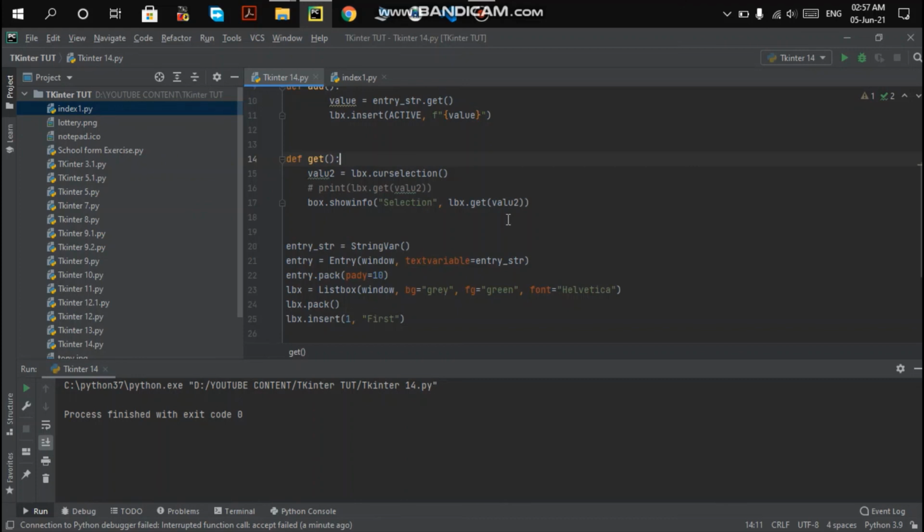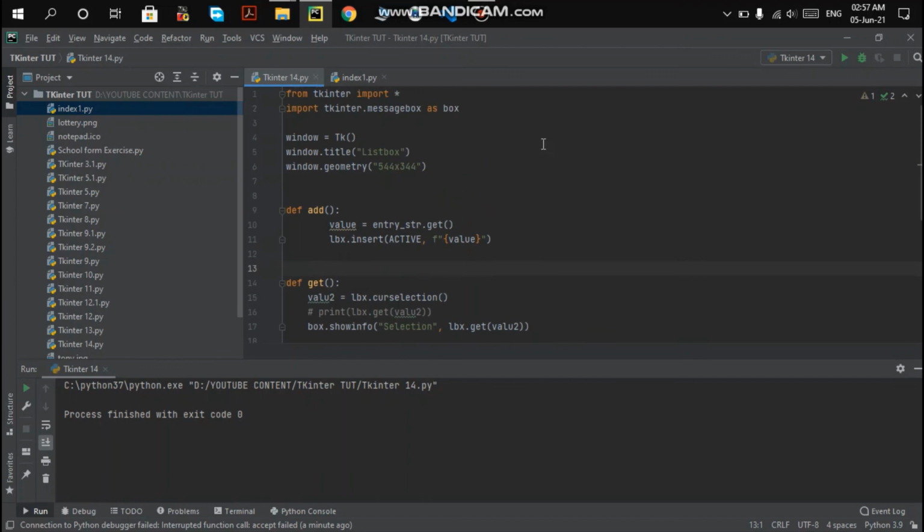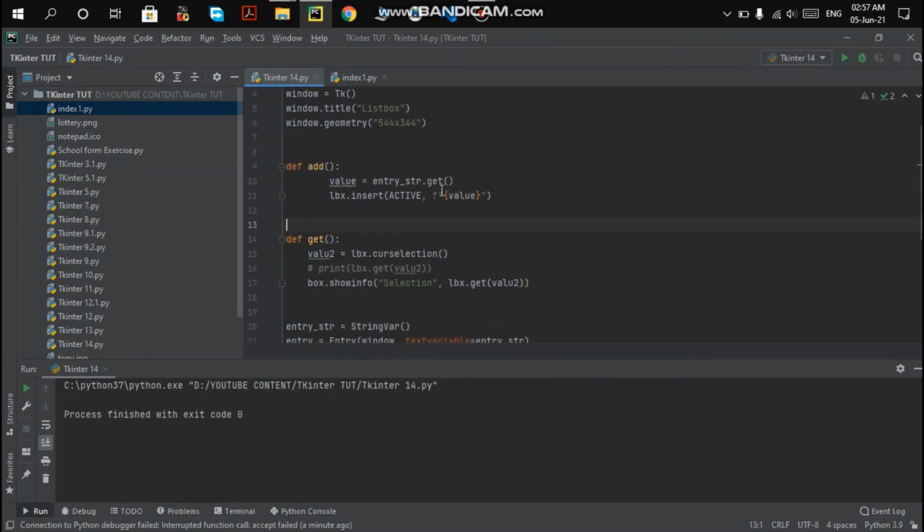So let me give you a little assignment: try these methods and arguments yourself, and send me the code in the comments so that I know you are really trying well. These are basically the optional parameters, and there is a command method that is very important. We have used get as a type of command method, and delete is a type of command method. Delete can be done by giving two parameters, start and last. And curse selection, as we have already seen, is how you get the option you have selected and show it in the console.